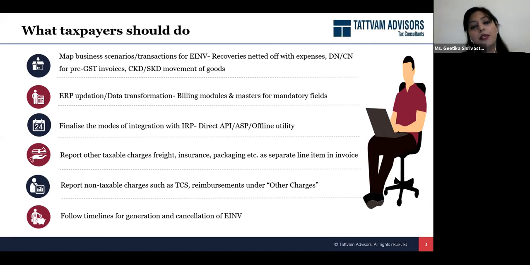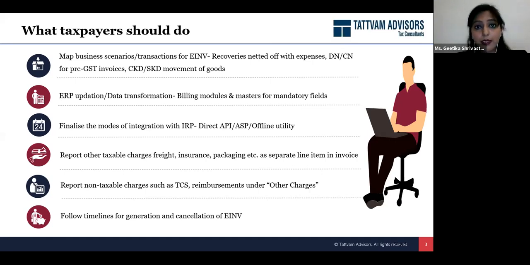So as a business, you should have your systems in place so that if any invoice is being issued in the system, the IRN is generated for that invoice within the next day. Otherwise, you will miss the generation of IRN. Then you'll have to cancel that invoice, whether by way of credit note or by way of cancellation, and issue a new invoice for the generation of IRN number. This can also cause a lot of business disruptions, where the goods have to move on time and you have to send the supplies to your customers at a particular committed date.